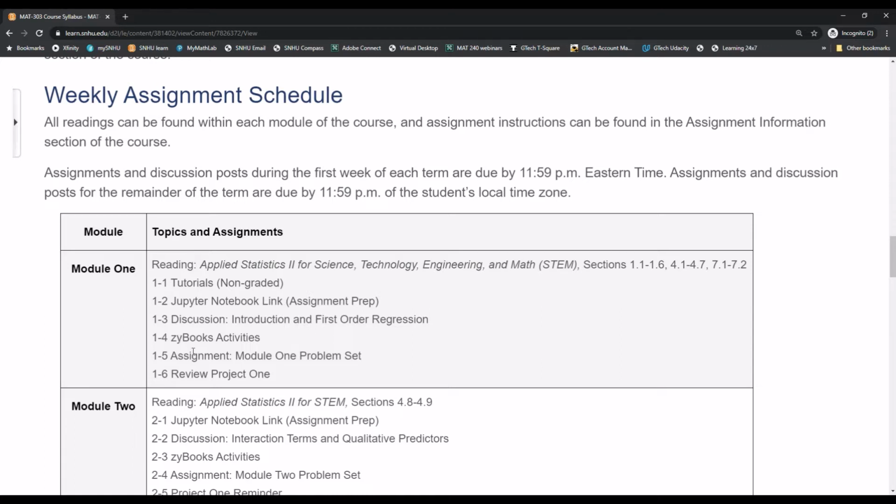And then you have 1-6 review project 1. Project 1 is not due in week 1. But it is a good time to at least start to look at it and see what it's about. So this is just a review, just to take a look at it, see what the project is about. And I can assure you that if you do well in understanding the example models and then developing your own models that are given in the problem sets, if you do well in these two steps, you will be just fine